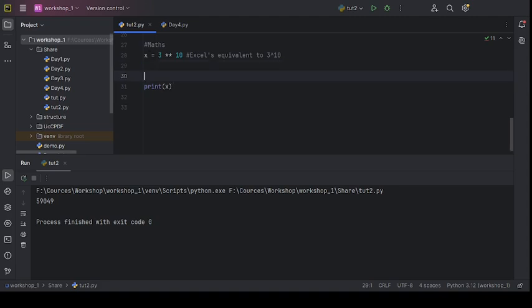Other thing, let's say num1 is equal to 150, num2 let's say is equal to 5. The rest of the operations in Python are as simple as we do them in Excel. Let's say sum, not sum, we will type total because sum is already an inbuilt function of Python. So num1 plus num2. If I print this total,